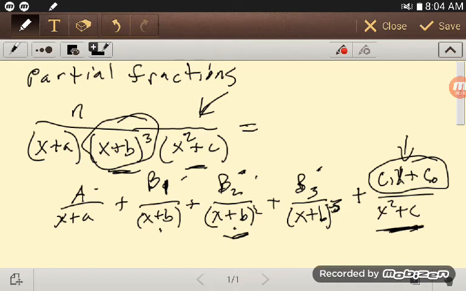So you always will either have these constants over linear terms and their powers, or you'll have a linear term over an irreducible quadratic and its powers. So that's the idea with partial fractions. Once you get that decomposition there, you set it up the same way. You have to go through getting a common denominator and looking at numerators and matching up like terms if you do it the formal way, or pick